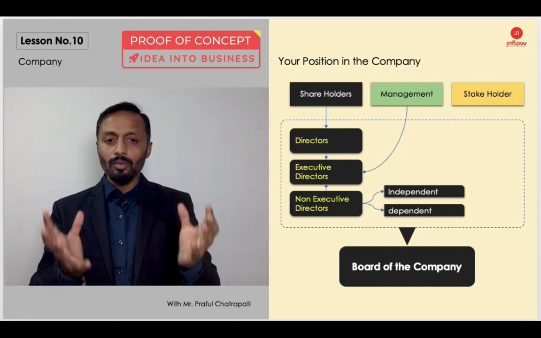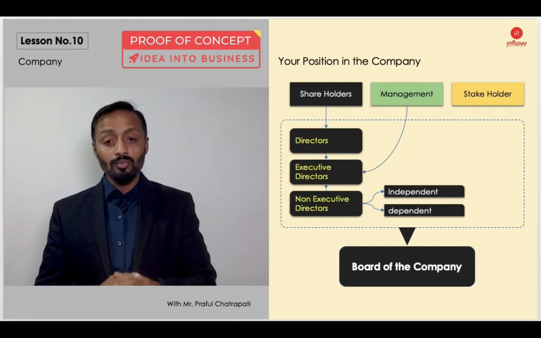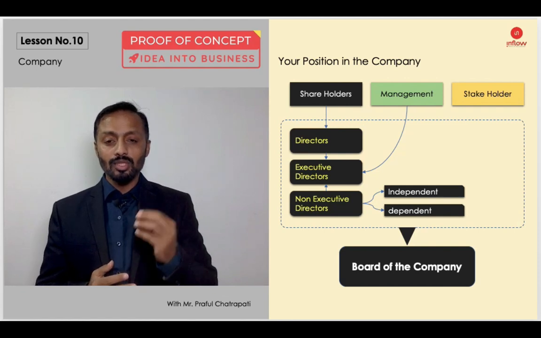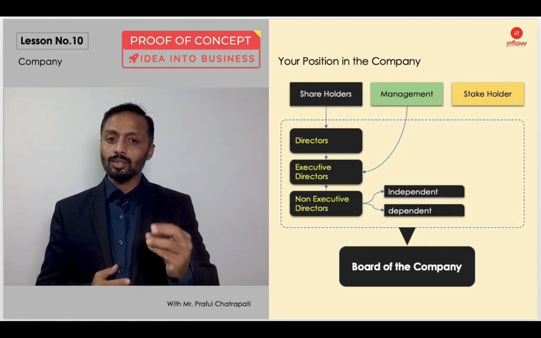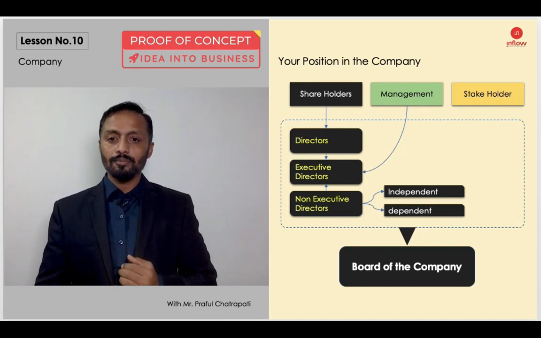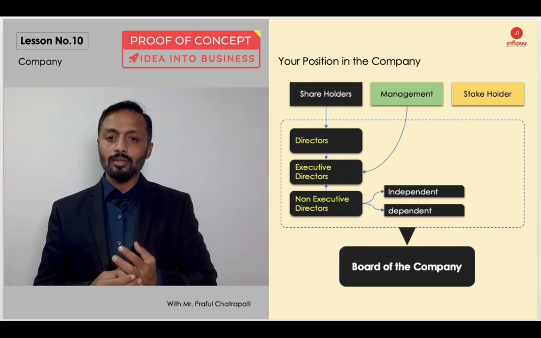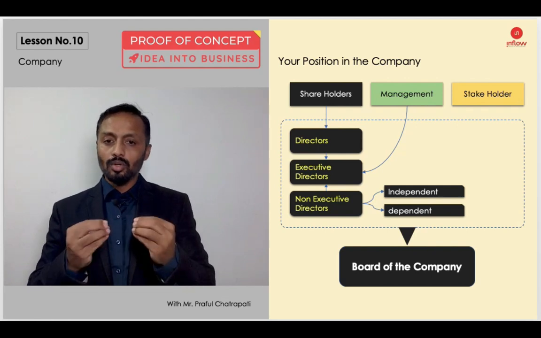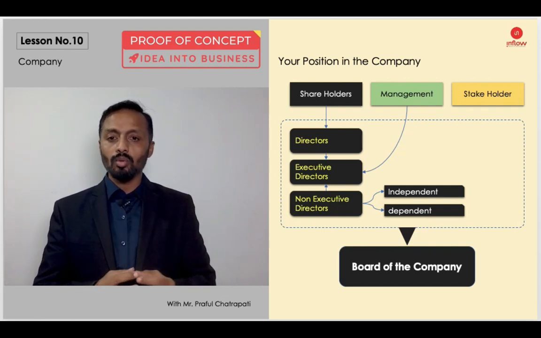So when you are forming your board, you have to ensure the kind of agreements and terms you are agreeing to for all your directors, executive directors or non-executive directors. Whether you are giving them voting rights, or giving them terms and benefits on dividend, what kind of benefits and terms you are going to define when you are bringing them on board.